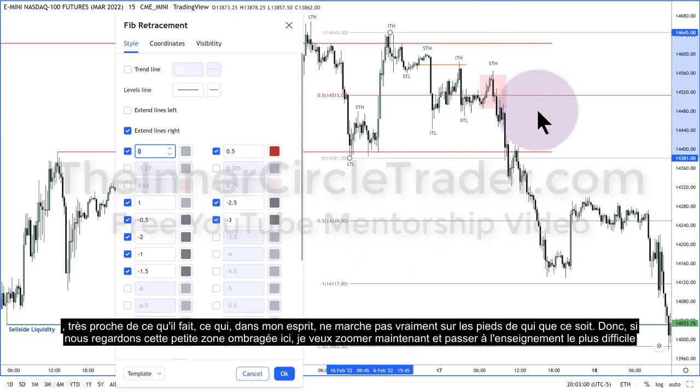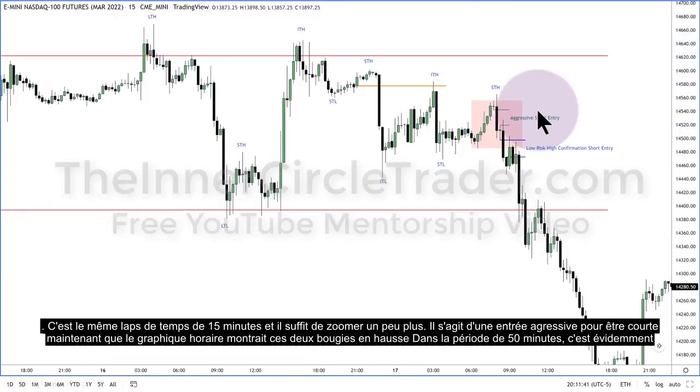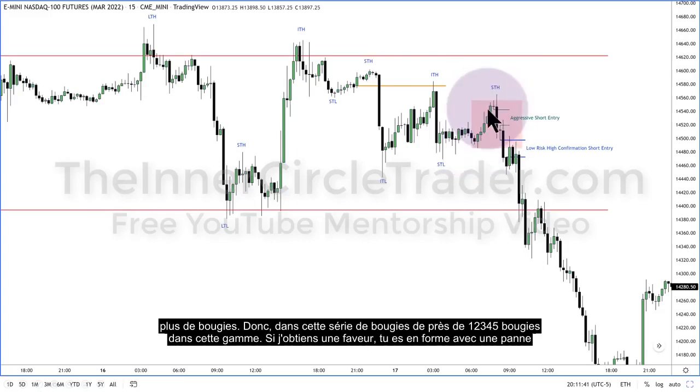and get down to the heart of this teaching. This is the same 15-minute time frame. I'm just zooming in a little bit more. This is an aggressive entry for going short. Now, that hourly chart was showing those two candles going up. In the 15-minute time frame, it's obviously more candles. So in this up-close candle series of 1, 2, 3, 4, 5 candles,